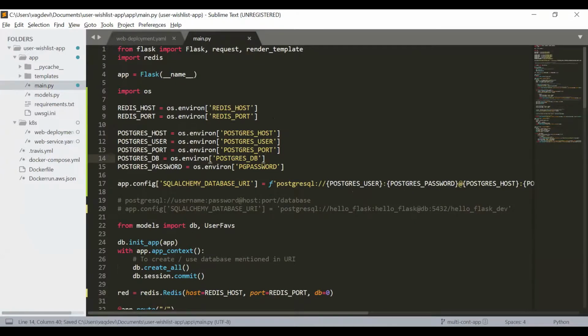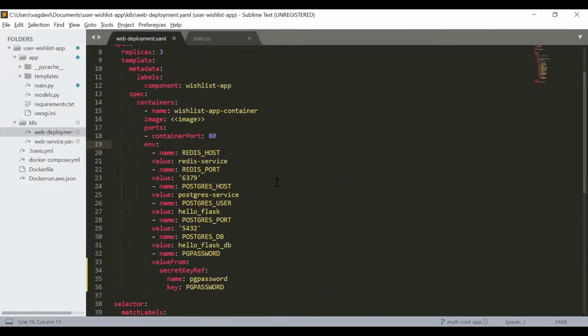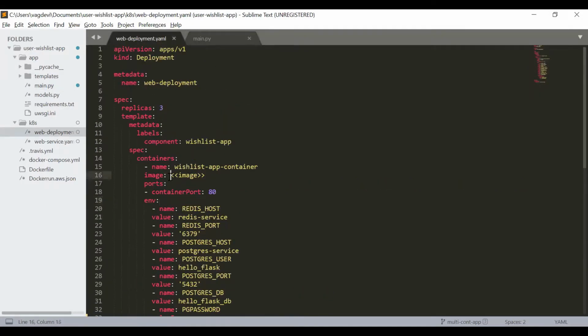So we have made all the necessary changes to our main.py of app. Now it is time to build the image for this updated application and push that to Docker Hub, so that after pushing to Docker Hub, we will use that image in this place and use this web deployment, make it ready.